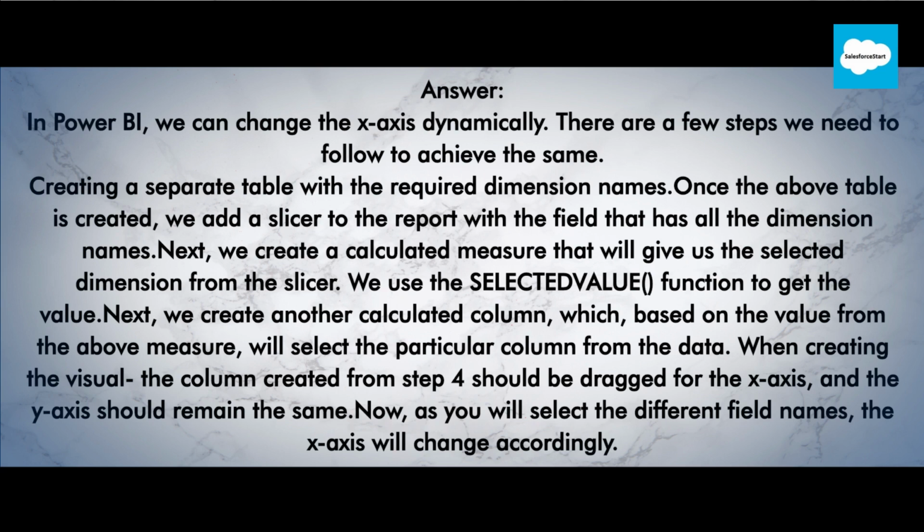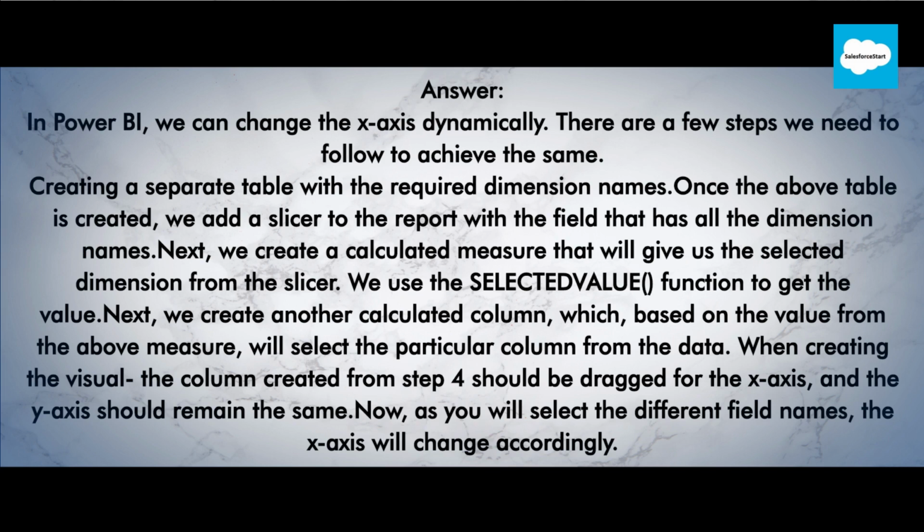Once the above table is created, we add a slicer to the report with the field that has all the dimension names. Next, we create a calculated measure that will give us the selected dimension from the slicer. We use the SELECTEDVALUE function to get the value. Next, we create another calculated column, which, based on the value from the above measure, will select the particular column